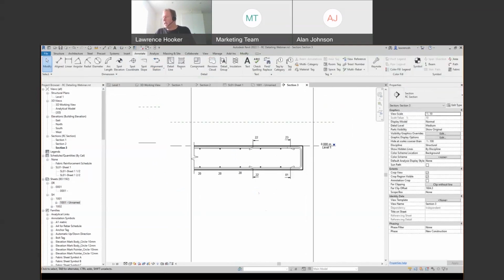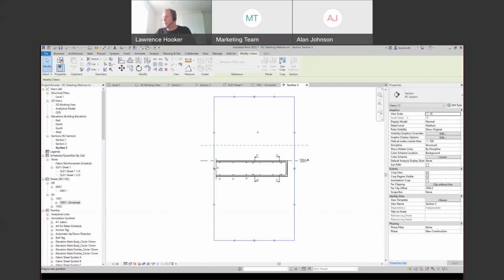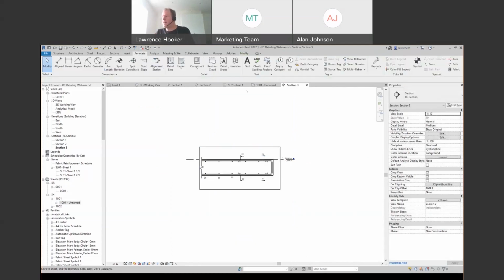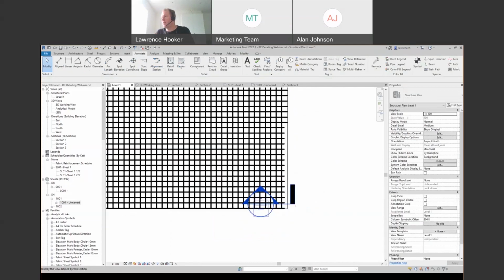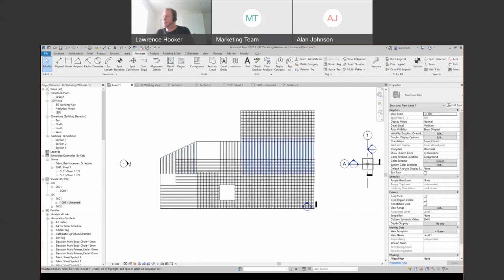Okay, good. So you can now see how we would start to work up some sort of a sectional detail like that within the slab, directly based on that 3D rebar. But let's go back into our plane on top of the slab, and we'll look at how we can start to present the reinforcement bar a little bit better. So what I'm going to do here is